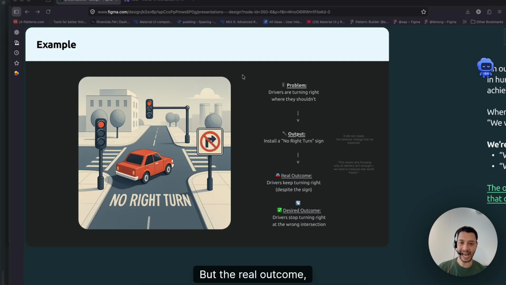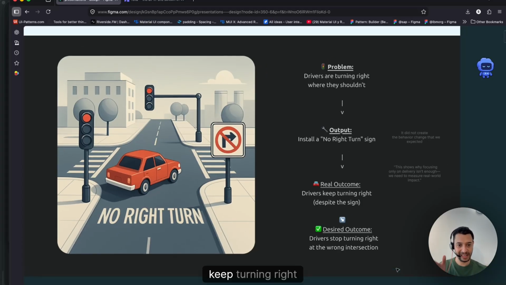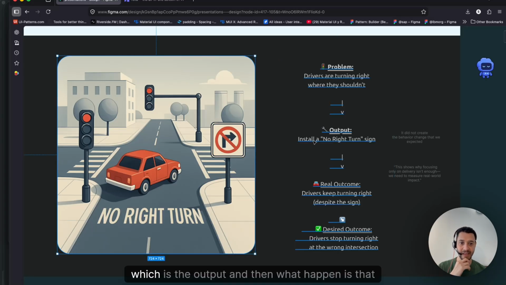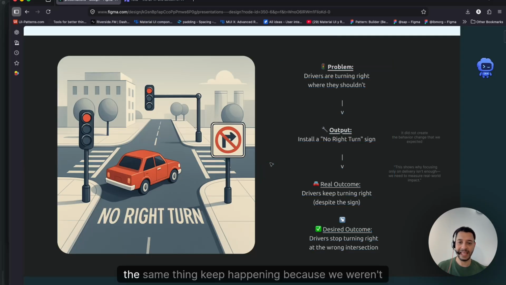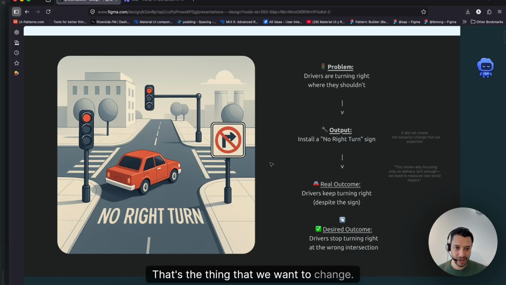But the real problem is that drivers keep turning right despite the sign. We install the sign, which is the output, and then the same thing keeps happening because we weren't aware of the human behavior. That's the thing that we want to change.